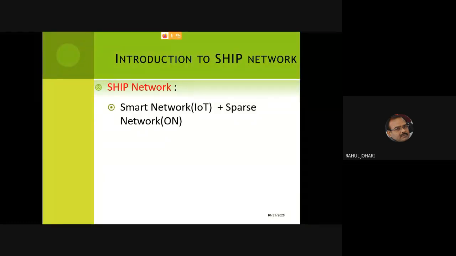But what if the nodes are far off from each other? That is something that cannot be catered to by smart networks. Smart networks are built on the fundamental principle of short range wireless communication. But there could be a real-time scenario where the nodes are far off from each other and may not be in the overlapping transmission range.